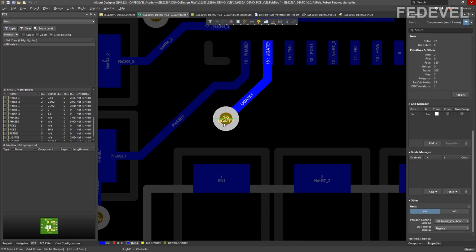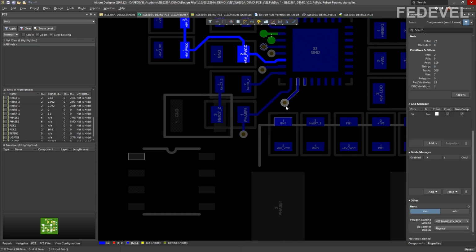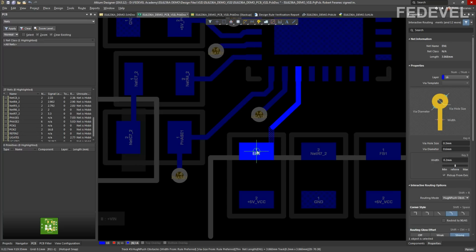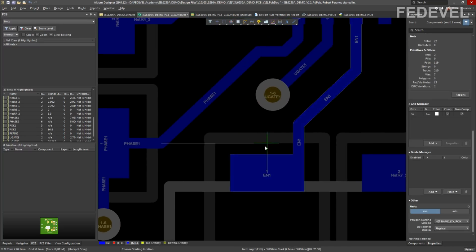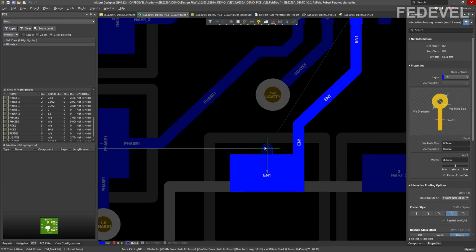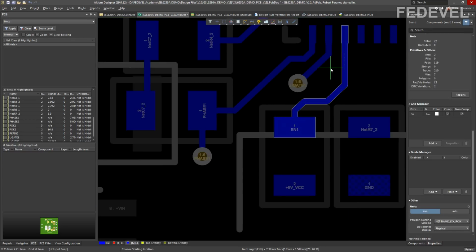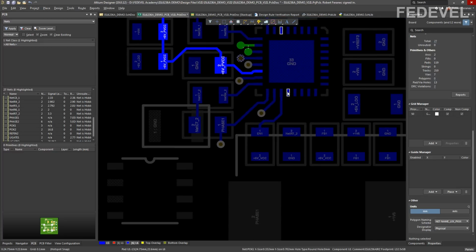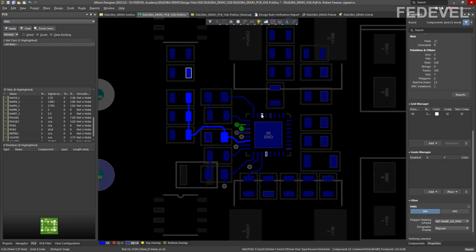I'm going to move it a little bit like this. This one is very simple. You can make it a little bit nicer, like this maybe. Okay.